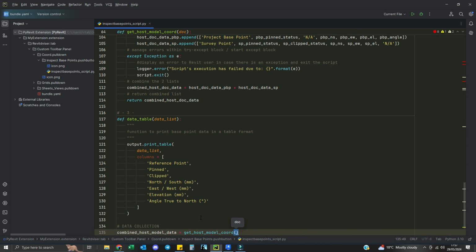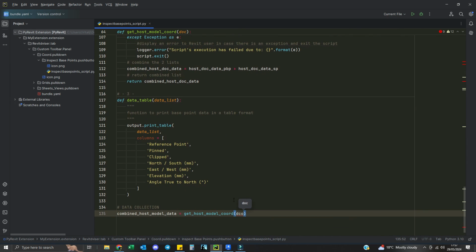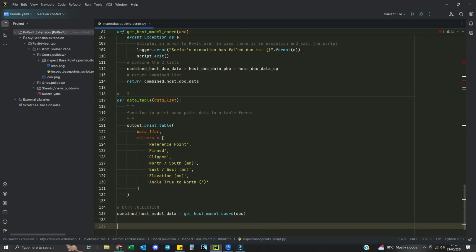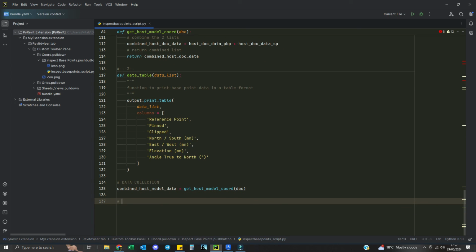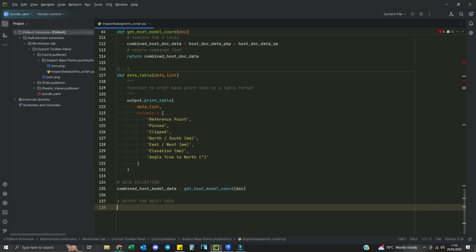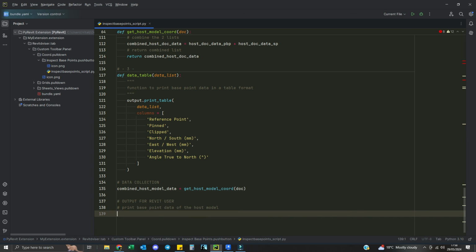And as an argument, I'm going to feed the doc variable. So the data has been collected. Now output for the Revit user, and print base point data of the host model. So output